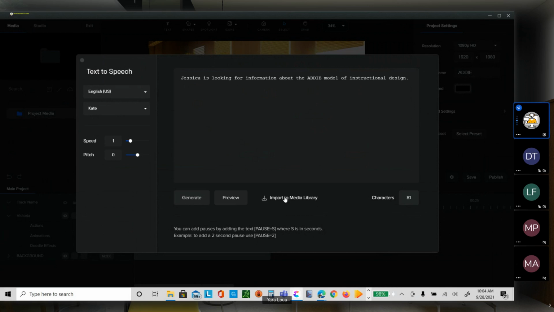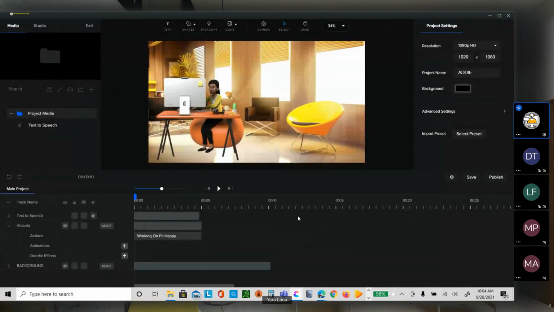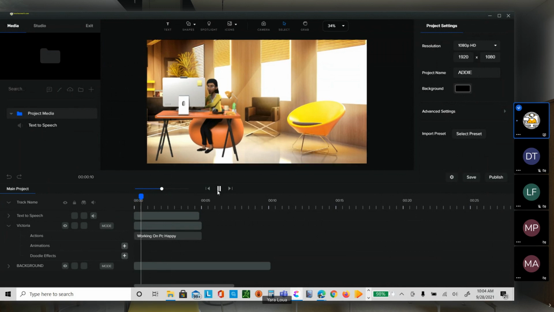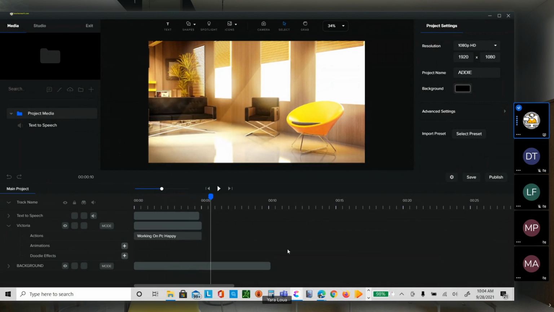So if I like it, I import the media. Okay, it's import. So I just drag it. And it's very important. Make sure that you see this thing, which is moving. You got to put it at the beginning. Otherwise, if you put it somewhere, the sound is going to be somewhere else, because this one is your starting point. So we put it at the beginning. If I press start: Jessica is looking for information about the ADDIE model of instructional design. Now you can start defining ADDIE. ADDIE stands for,